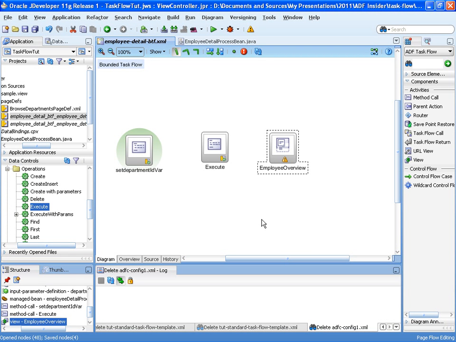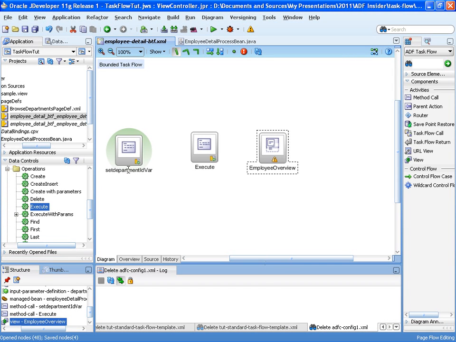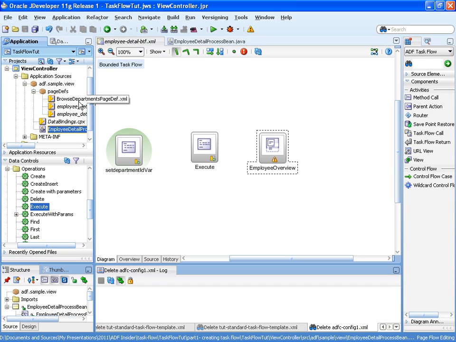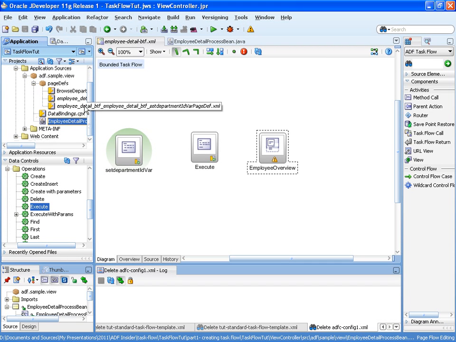And then once we have this, we want to also add a commit button, and we want to later on add a button that allows us to undo an action, but this comes later. So first, continue with adding a navigation to the bounded task flow call that is for the edit